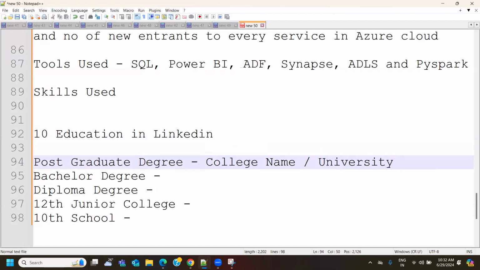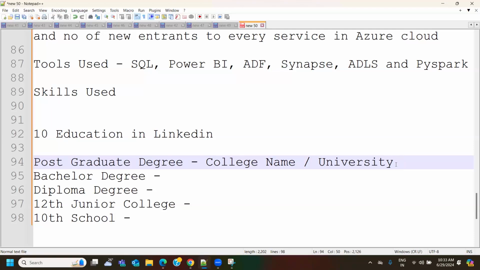University is preferred as compared to college, but if your college is good enough, a famous, renowned college, you can mention your college name or else go with the university. Same goes with bachelor degree also. If your college is a renowned college, go with the college name. If you don't think your college is that renowned, or maybe you don't want to mention your college name, go with your university name.